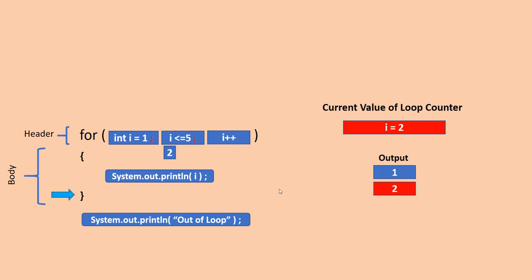Again, the control encounters the end bracket, and now it will again go back to the increment decrement statement. This will be executed. It will increment the value of the loop counter by 1 again, and after this is executed, the value of I will become 3. Then the condition will be checked. 3 is less than 5, true. The control will go back to the body, print the current value of loop counter, which is 3,